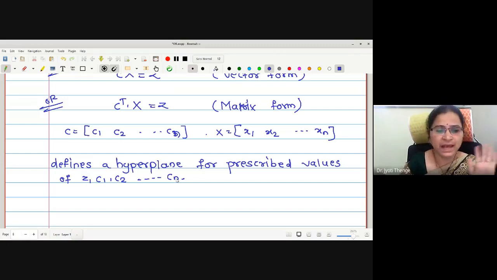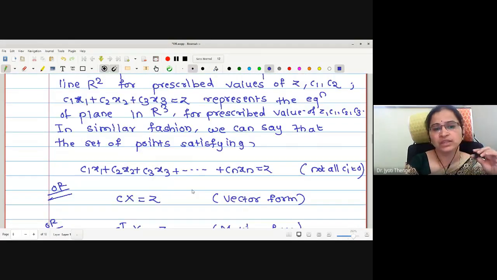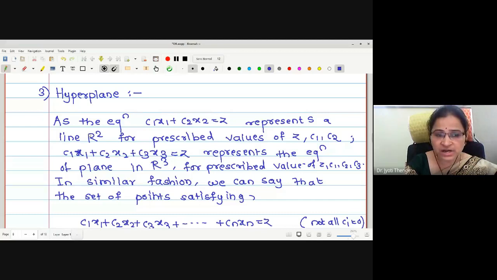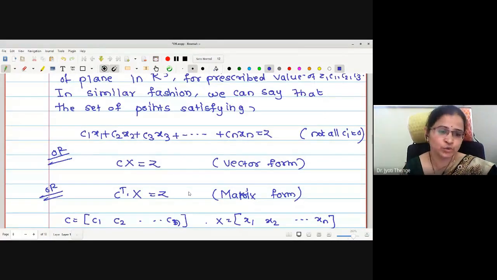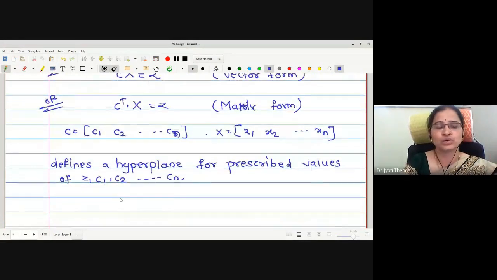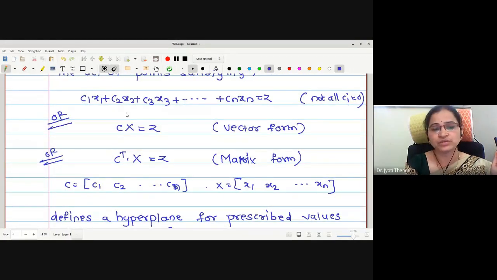Okay, therefore what is a hyperplane? If we want to understand it in a simple manner, this is a plane generalized to n-dimensional space. This is going to appear like a plane in the higher dimensions. Therefore a line is also considered a hyperplane in two-dimensional space, an ordinary plane is also a hyperplane in three-dimensional space, and if we continue to higher dimensional spaces, we are going to call those geometric objects hyperplanes. Therefore, the equation we write in vector form is Cx is equal to z.